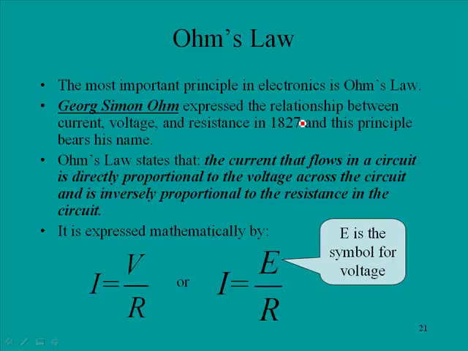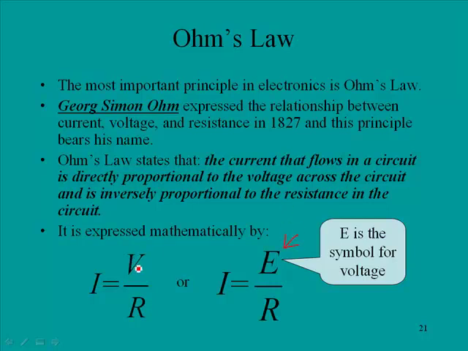Well, it states this, that the current that flows in a circuit is directly proportional to the voltage across the circuit and is inversely proportional to the resistance in the circuit. It is expressed mathematically like this. It says current equals voltage divided by resistance, and it's actually a little more common to see it written like this,